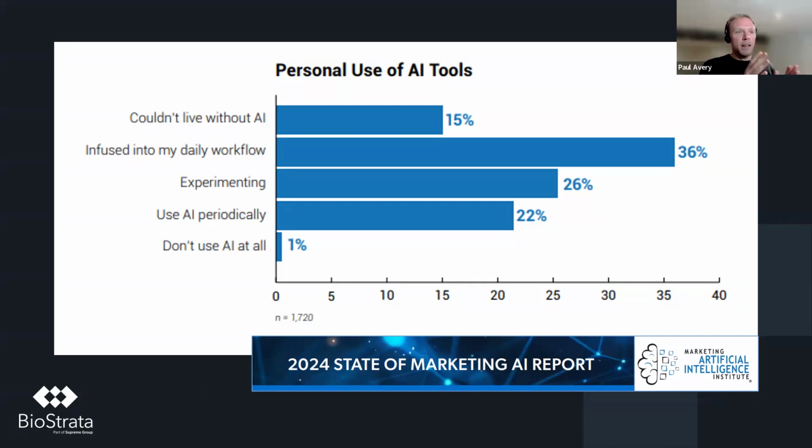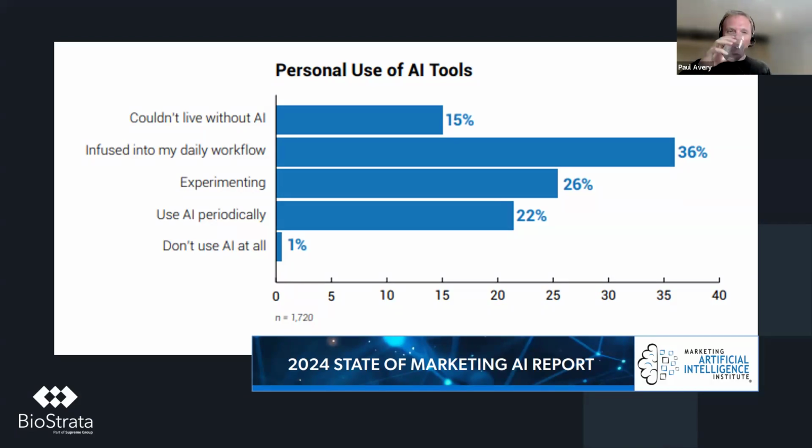Now, their sample is a little bit biased, right? They're the Marketing Artificial Intelligence Institute. Who do you think subscribes to them? People who are interested in this stuff. So if you're in that don't use it at all, or still sort of experimenting phase, do not fear. I still think we're in early adoption here to a certain extent, and that's exactly what today is about. But we are starting to see people figure out how to use these tools to make a meaningful difference in the work that they're trying to do. And by the end of today, if you're not already in that camp, hopefully you will be.